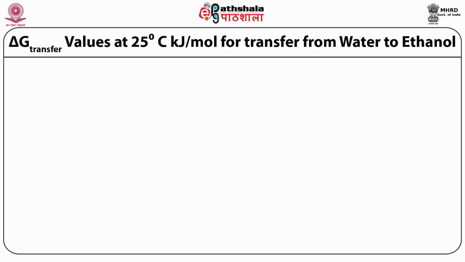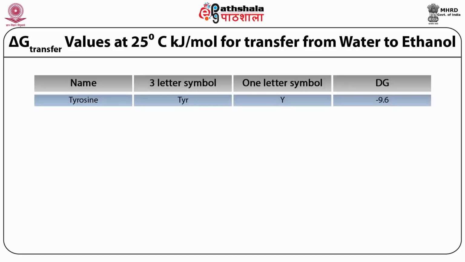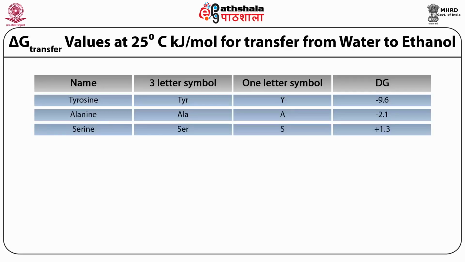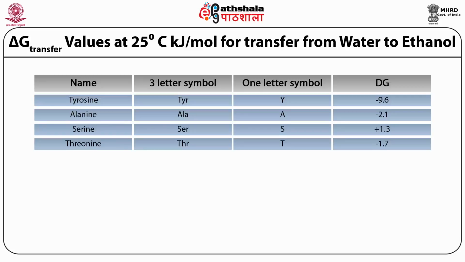We show in this table delta G transfer values at 25 degrees centigrade for transfer from water to ethanol, for tyrosine, which is minus 9.6, alanine minus 2.1, serine 1.3, threonine minus 1.7,